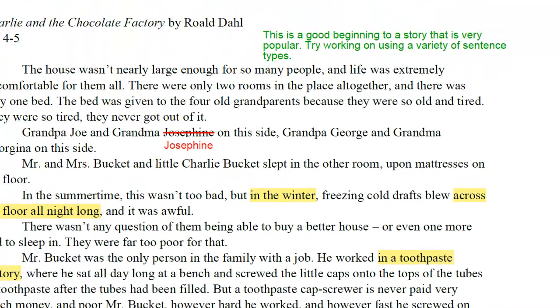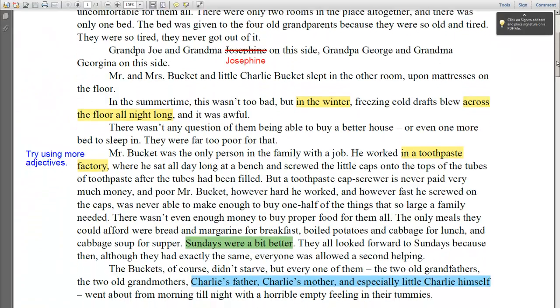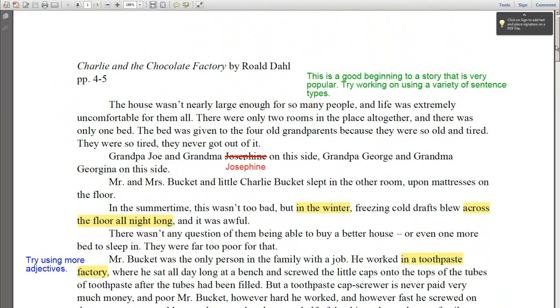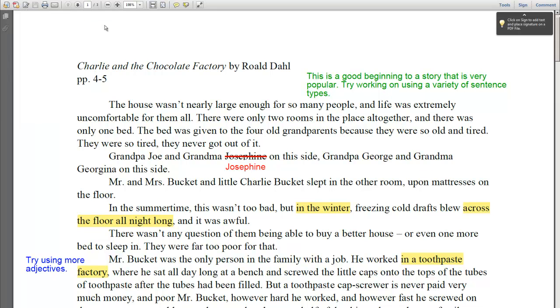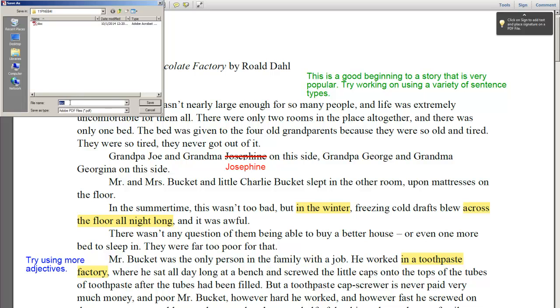And now you can see all the comments that I made on this paper. These comments don't really mean anything, but the comments that I make on your paper, you'll need to do a rewrite. So I want you to notice up here in the corner the name of this file. It's just doc.pdf. That's not a very useful file name. So when you do a file save as, you want to do a file save as PDF, and then give it the name of the assignment. So for example, if this is George Reaction 1, I'm going to put that there,